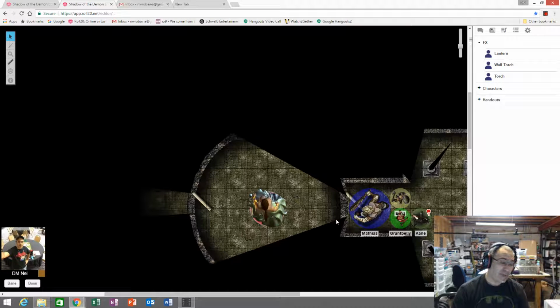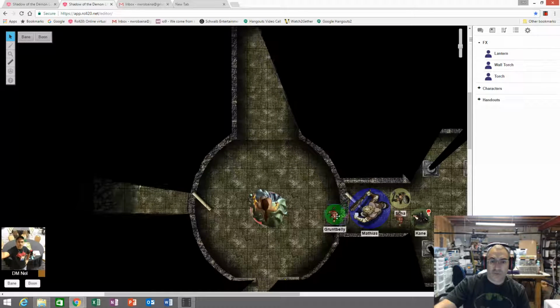But anyway, the Jotun was fighting these two guys, and the dwarves were back here trying to fight, and the archer Kane was trying to shoot arrows through, and they were having, again, just a terrible time trying to hit these two bloody bones. The bloody bones were hitting the Jotun, whittling him down. And so the dwarves decide they're just going to charge in and try to help the Jotun out.